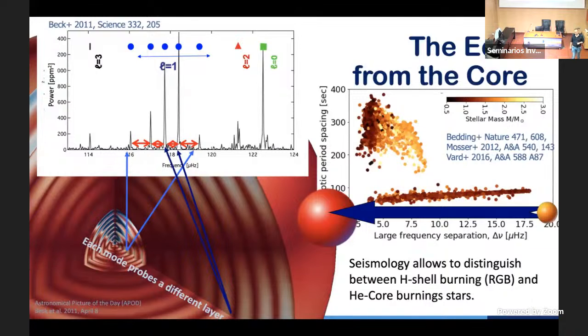Now, as I mentioned before, red giants have several subphases. We have the first phase where we have the degenerated core with the hydrogen shell, and it's really electron degenerated, so a very dense core. At the tip of the red giant branch, that degeneracy is overcome as helium burning is kicking in. The core will expand, the envelope will shrink, and quiescent helium core burning is done in the red clump until the helium is consumed. So you can imagine that a degenerated core and a convective core will have very different densities, and that we can measure